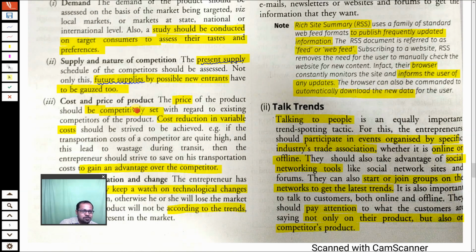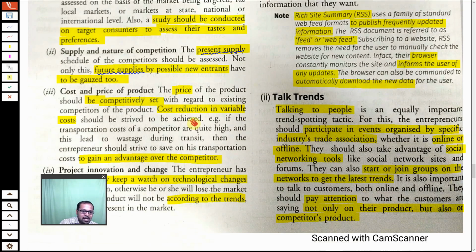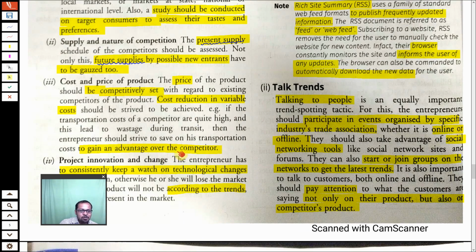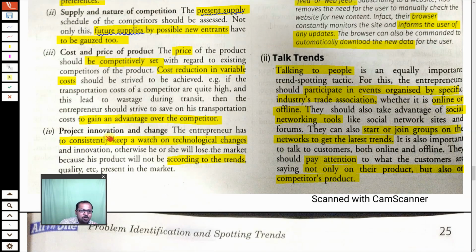Then the cost and price of the product should be kept properly. It should be competitively set. Cost should be kept in control by various methods of cost reduction or cost management. Only then can you have an edge over the competitors. Then project innovation and change. Now, in today's time, the way of doing business has to change. If your existing customers are not upgrading themselves, then try to use technology and have some advantage. I have seen that one or two